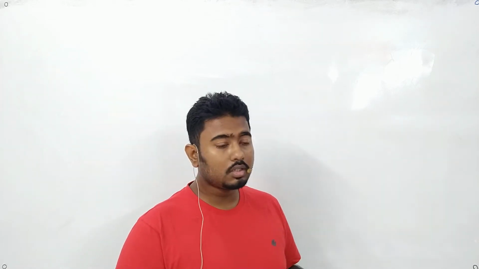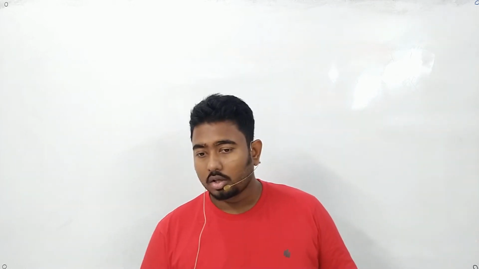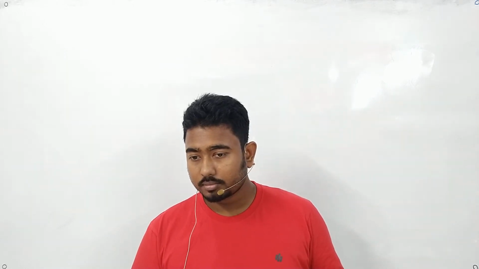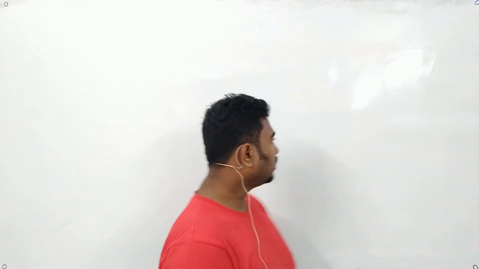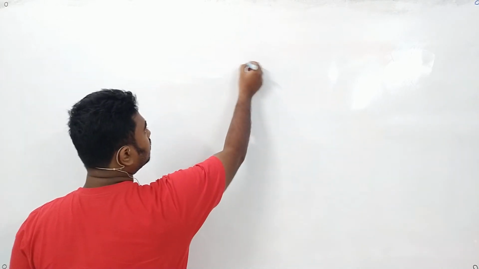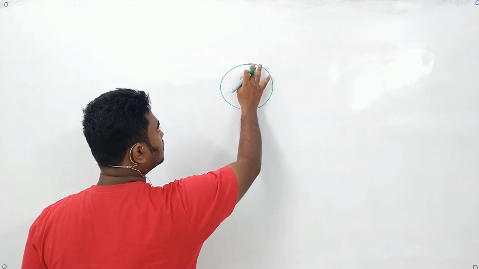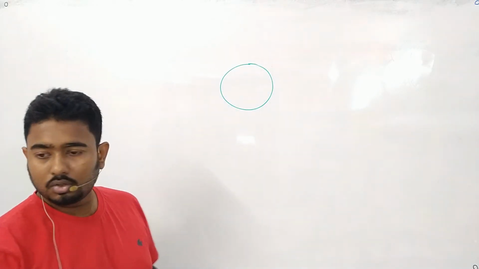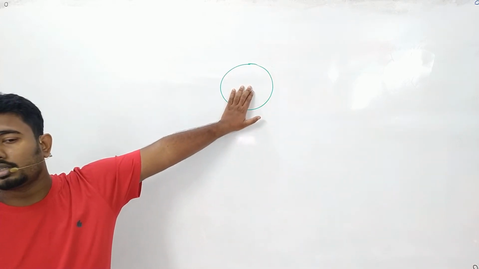Now humidity is due to water vapors, right? What does water vapor have? Water droplets. Now if I tell you that this is a water droplet, and this water droplet is made of water, what do we mean? Do we mean that the inside of the droplet is denser or rarer than the outside?